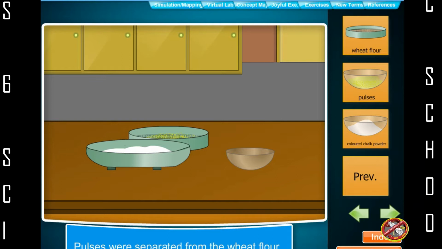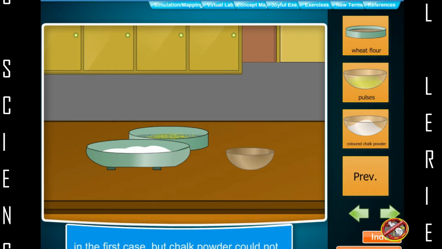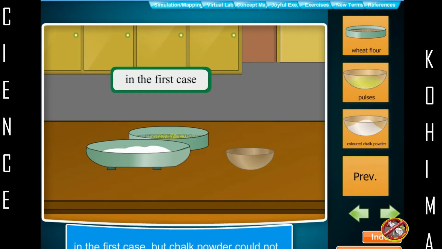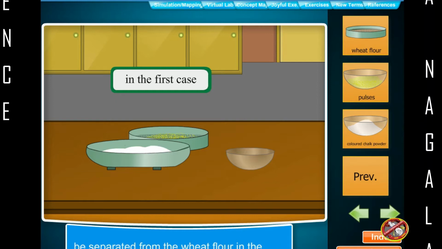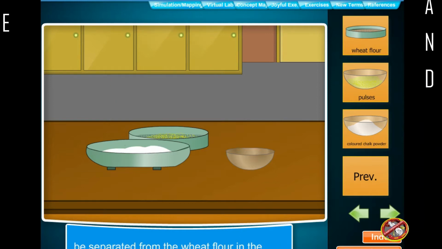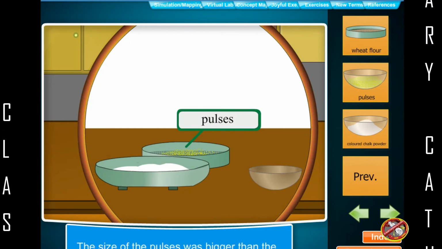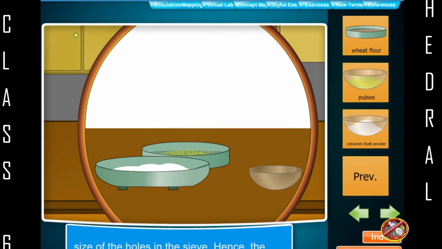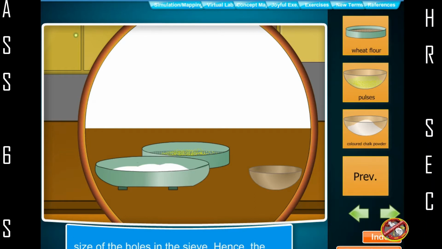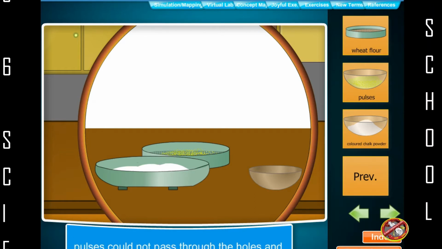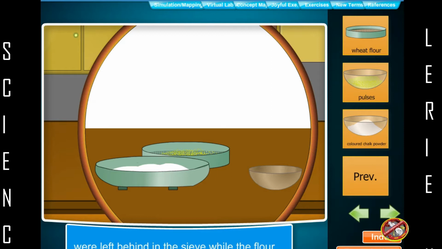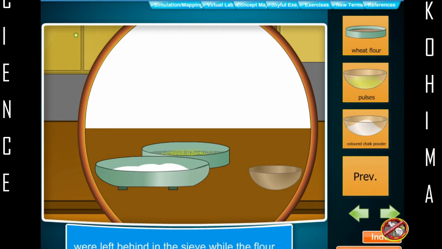Pulses were separated from the wheat flour in the first case, but chalk powder could not be separated from the wheat flour in the second case. The size of the pulses was bigger than the size of the holes in the sieve. Hence, the pulses could not pass through the holes and were left behind in the sieve, while the flour passed